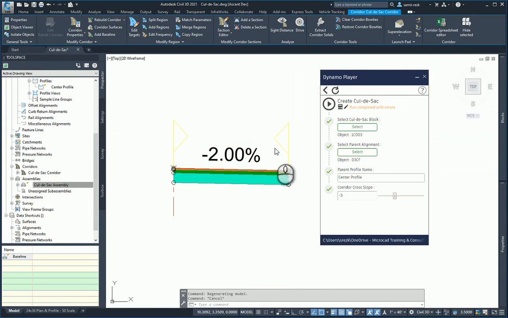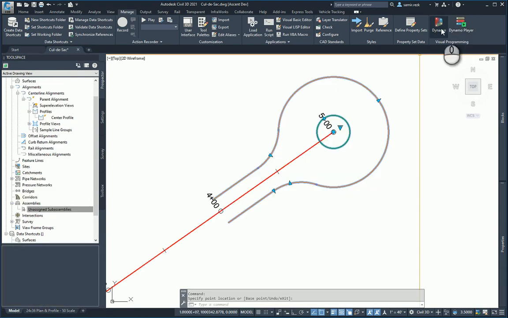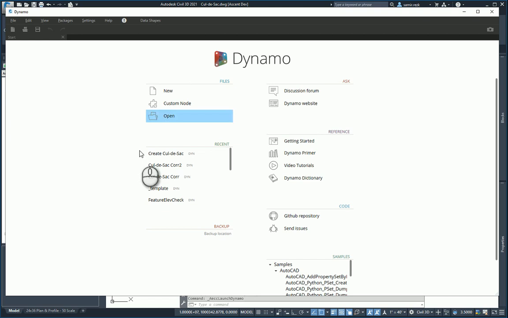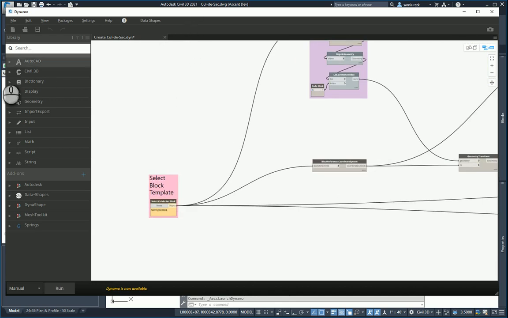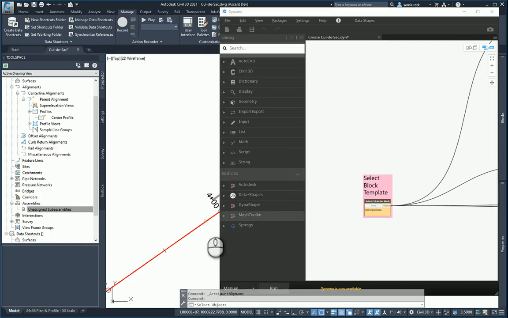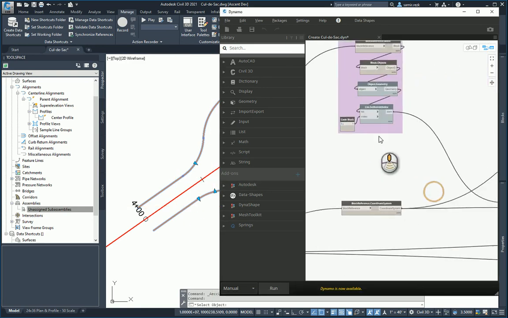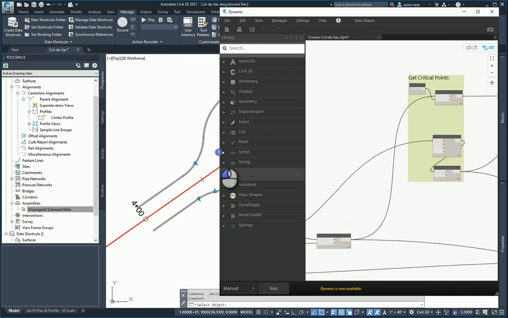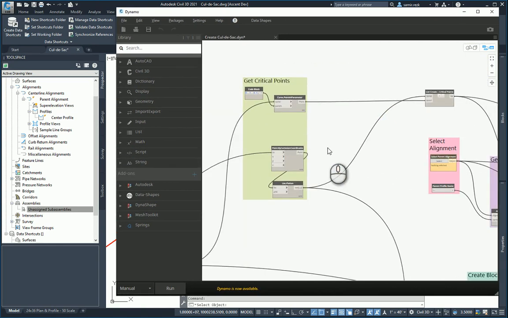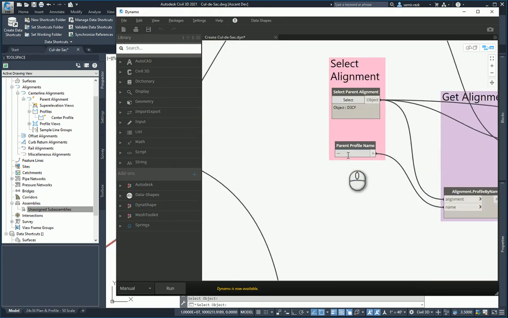Now I will do this one more time with the center island. This time I will run it from Dynamo itself, so we'll take a look at it in Dynamo. The graph here simply selects the block, the block for the line work, and then it'll extract the geometry for the edge of pavement. It will also grab some critical points, which are the beginning of the cul-de-sac and the center point of the cul-de-sac. It will also select the alignment and the center profile,